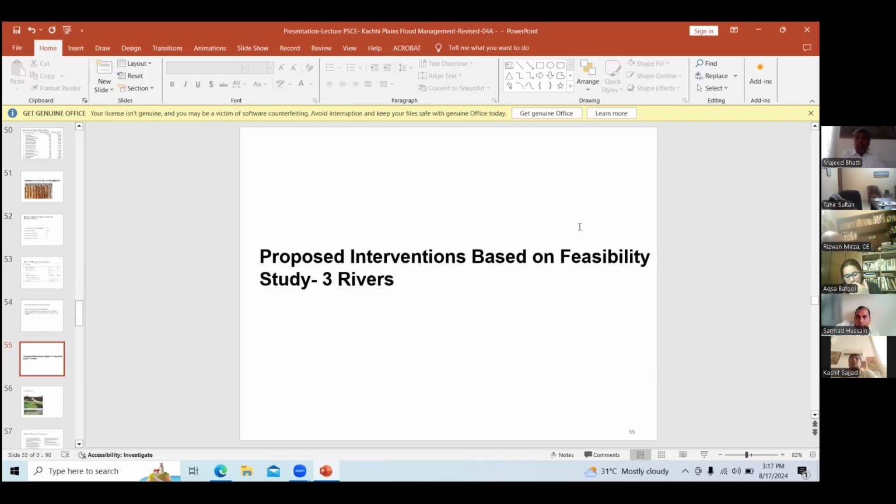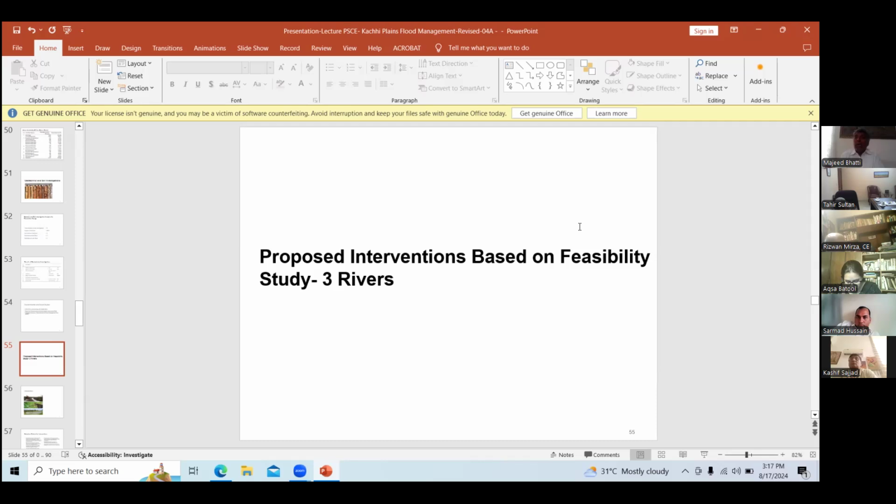Ultimately, the study was not just a feasibility study; it was a design, with feasibility-level interventions proposed, and finally the detailed design of the proposed structures or interventions on these three rivers.